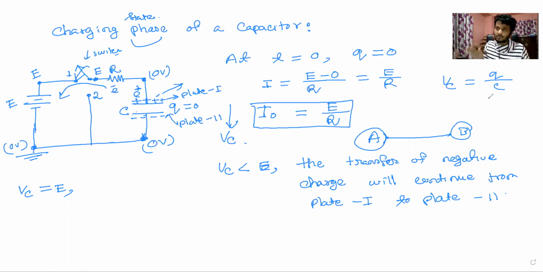Capacitance of a capacitor is a fixed, constant value. So if the Q increases, then of course Vc will increase, isn't it? So over time, the Q on these two plates will increase, right? Initially there was no charge on these two plates, but with the change of time, more charge will be stored on these two plates, isn't it? That means with the change of time, charge will grow or increase on these two plates or on this capacitor, right?